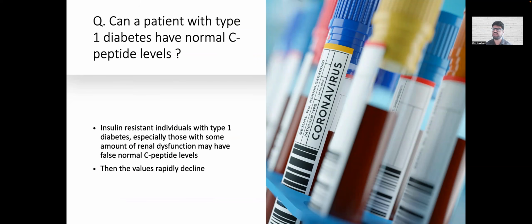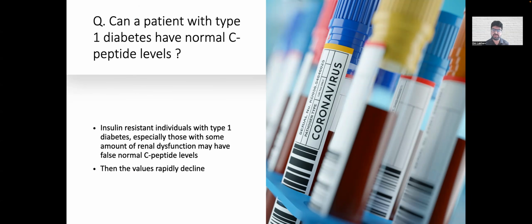What are the situations in which a type 1 patient can have a normal C-peptide? If you have an obese type 1 patient who is recently diagnosed, this patient can sometimes have an erroneously normal C-peptide because of the insulin resistance they are having. Secondly, you can have a normal C-peptide when you have recently declining insulin levels, like in case of COVID patients. So again, you have to be very careful. And thirdly, like I said, in renal failure patients also, sometimes type 1 patients can have a quote unquote normal C-peptide. So you have to be very careful while interpreting in these situations.